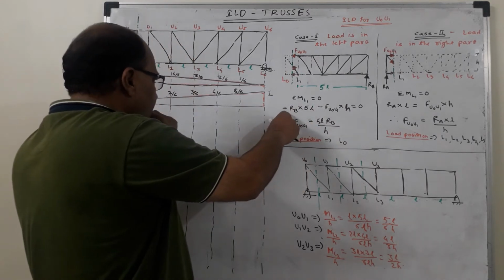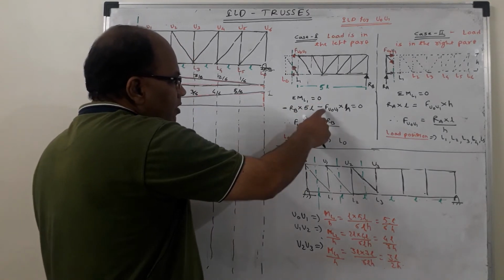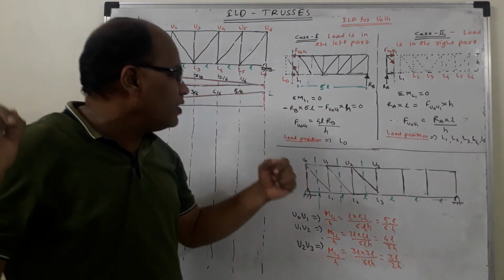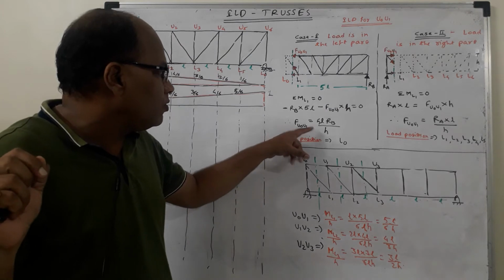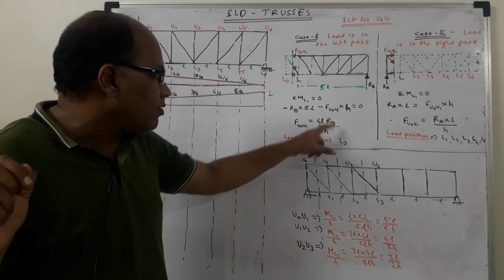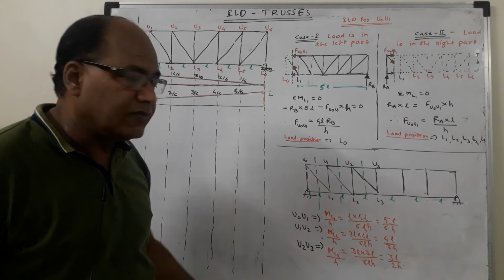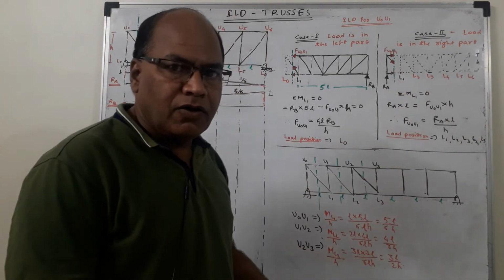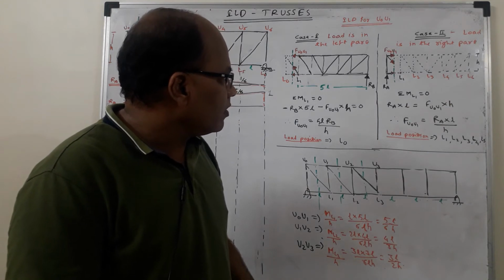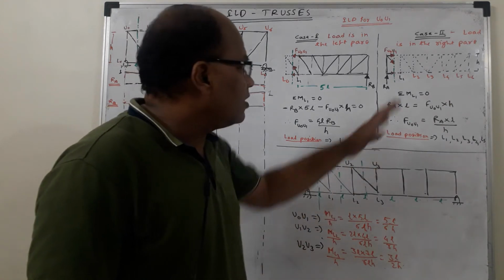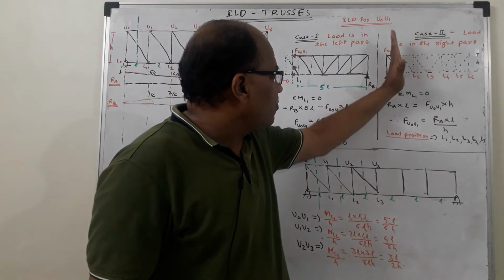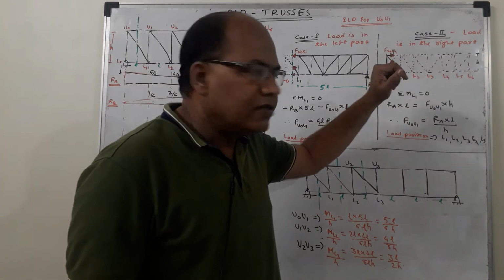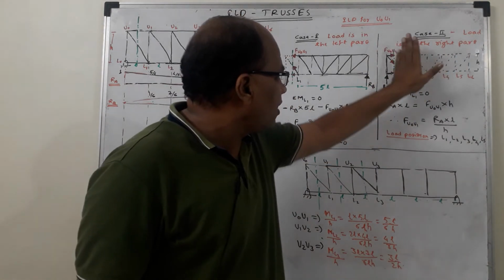So the moments are minus RB into 5L minus F U0 U1 into the height h, and this equation will give us F U0 U1 5L is equal to 5L RB upon h. Now when the load moves to the right part, then we will have to deal with the left part, and that is what I have done. I am dealing with the left part, and that is why I have shown the truss on the right part by means of dotted lines,